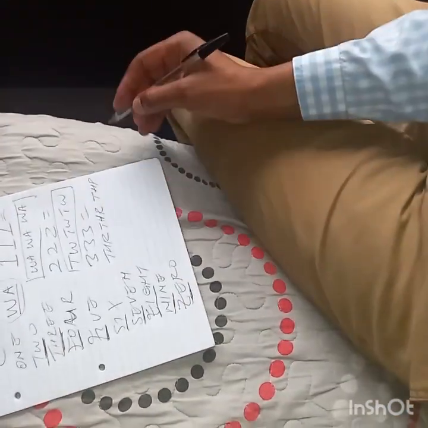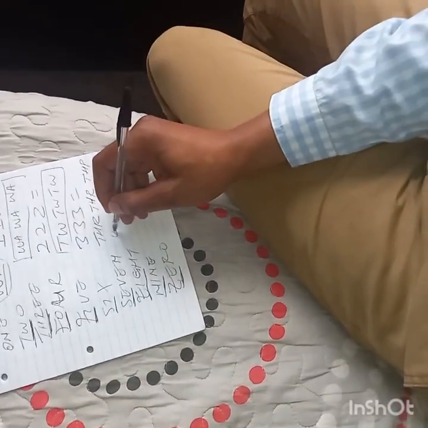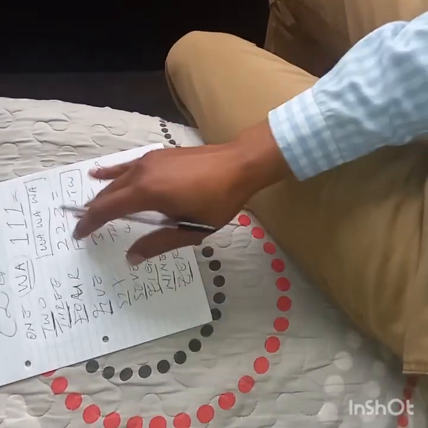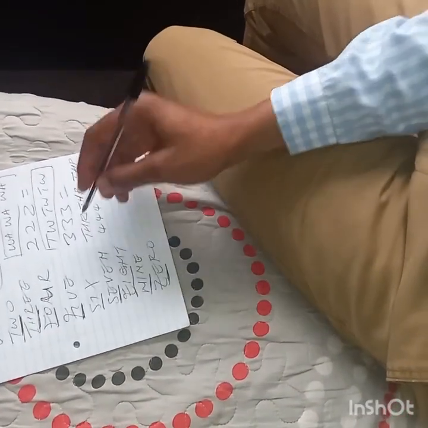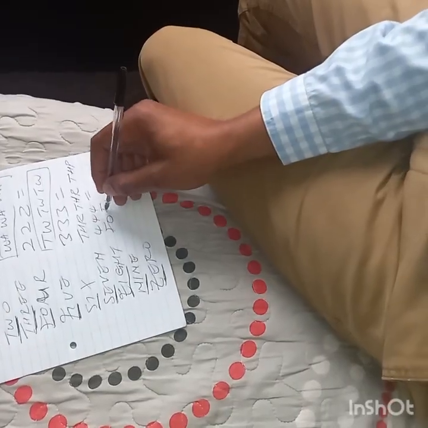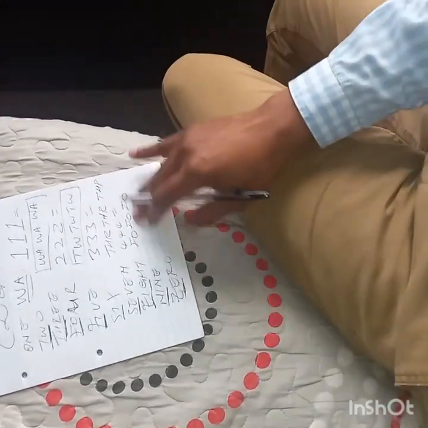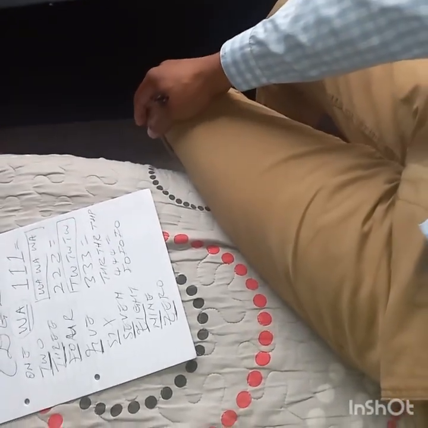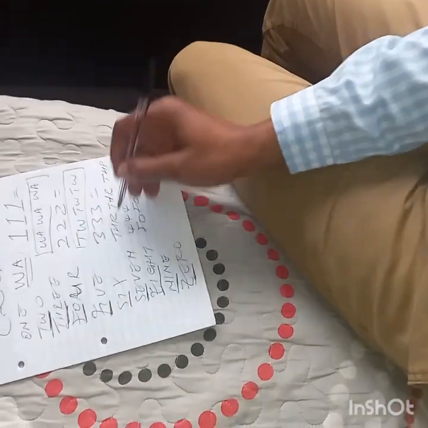I said, alright, let me use 4, 4, 4. For 4, 4, 4, I only omit U and R, so it will be F, O, F, O, F, O. It will be 4, 4, 4. So that's how it came about for 4, 4, 4. Since it's like that, let me leave that one aside.